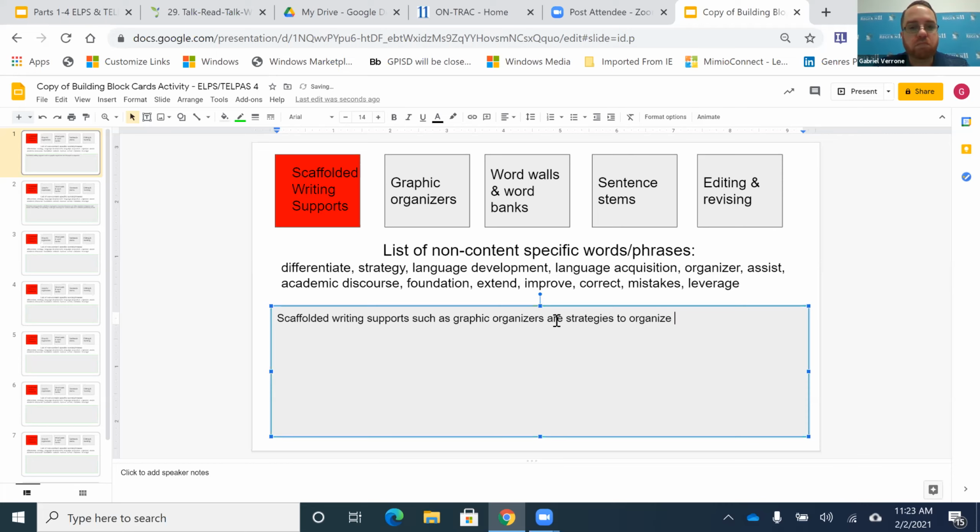Organize what? What dimension? What modality? Which language modality are we talking about, y'all? Writing. Okay. Will that work? Scaffolded writing support, such as graphic organizers, are strategies to organize writing